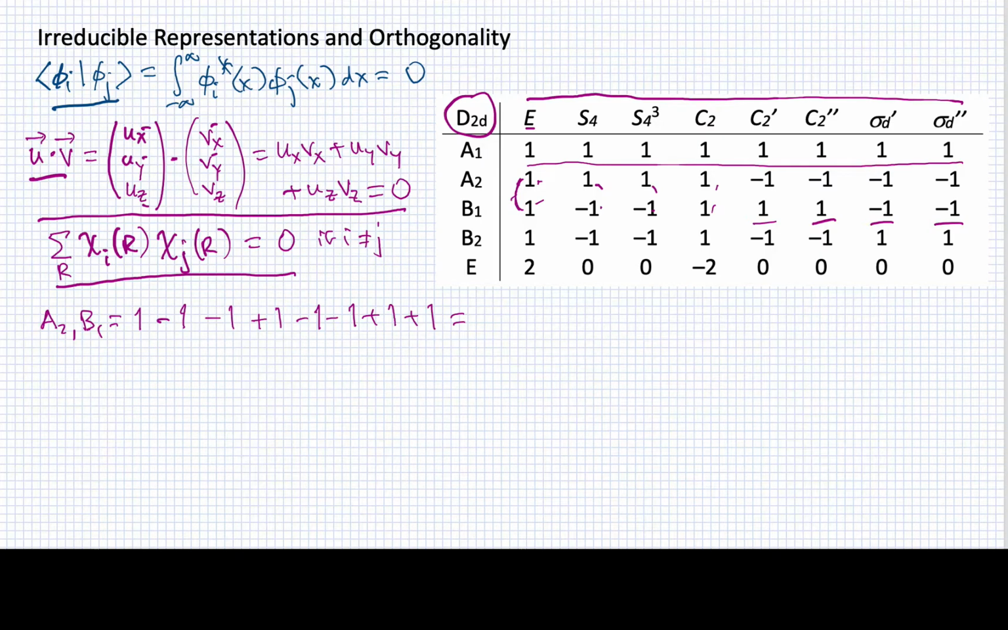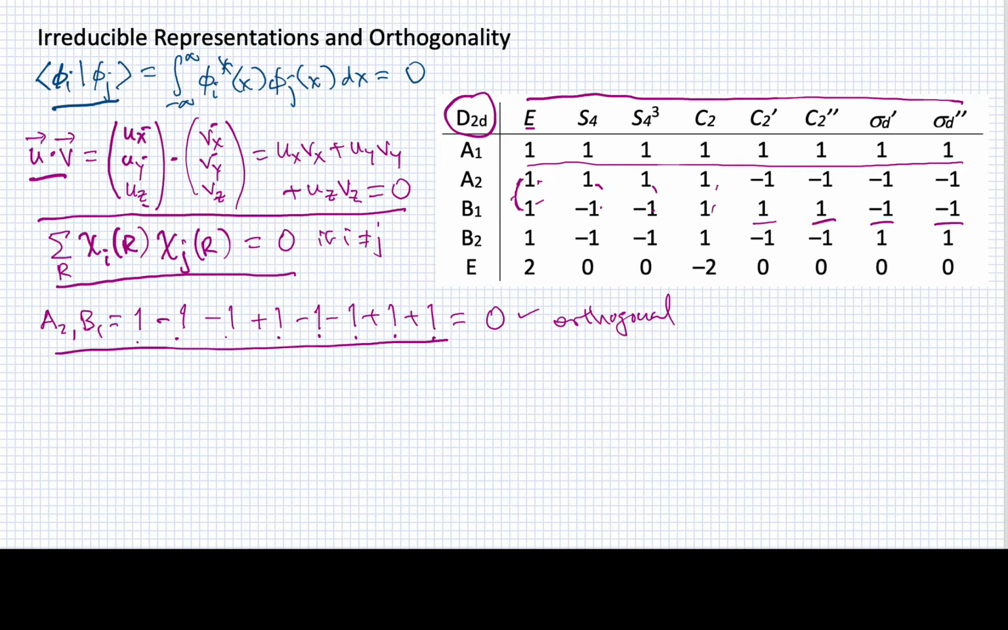And then add them all up. I'll see I get 1 minus 1 is negative 1, plus 1 is 0, minus 1 is negative 1, negative 2, plus 1 is negative 1, plus 1 is 0. So by simply taking this inner product of these two rows as though they represent the components of vectors, I can generate some understanding that the irreducible representations are themselves orthogonal to one another because they produce a 0 result